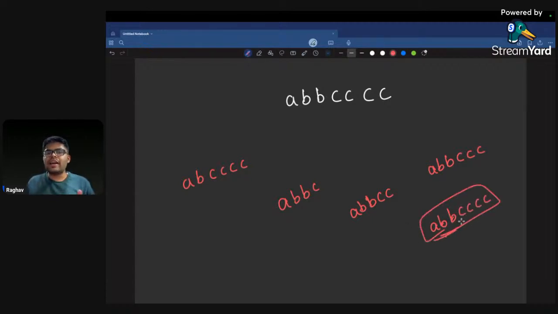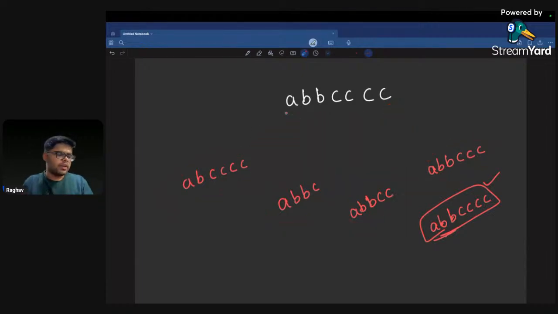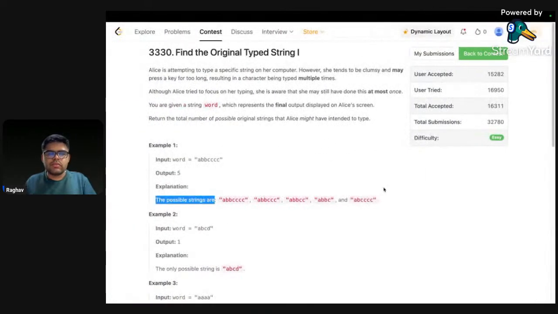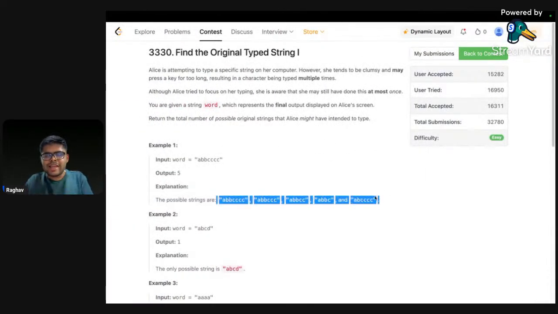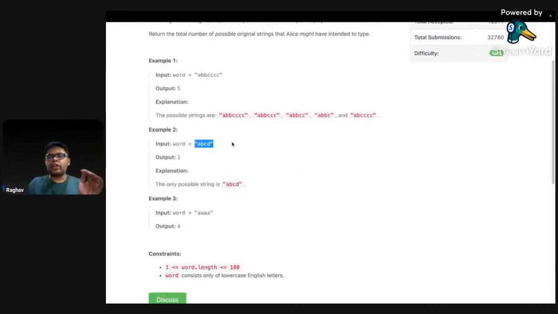There is a chance that Alice didn't make any mistake at any place. So this is also possible. And these are the strings which she could have intended, and might have reached here. So these are the possibilities where she made some mistake. So this is the example, and yeah, they have shown the exact five strings. Similarly, they have given some more examples, like if she wanted to type